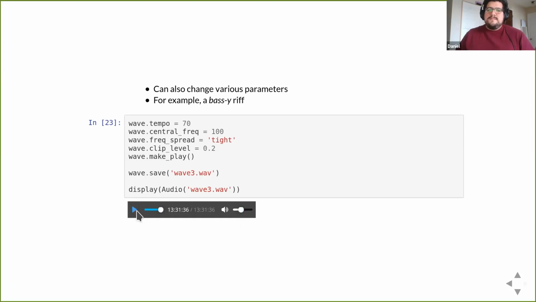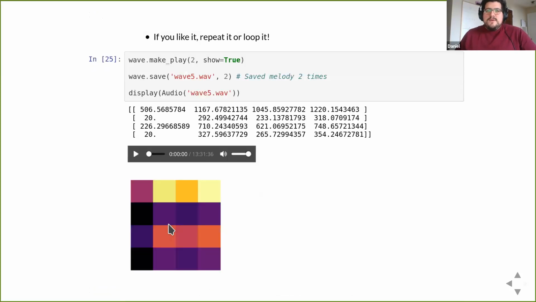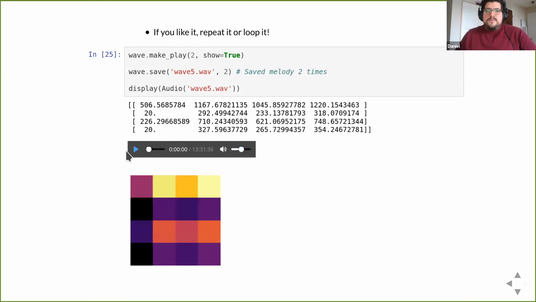And they sound a lot like Nintendo or 8-bit sounds, because it's basically working with sine waves, which is like the most basic kind of sound. But you can also have some pretty interesting effects from just choosing these random frequencies. Right? And if you like what you actually played, you can loop it to make something like